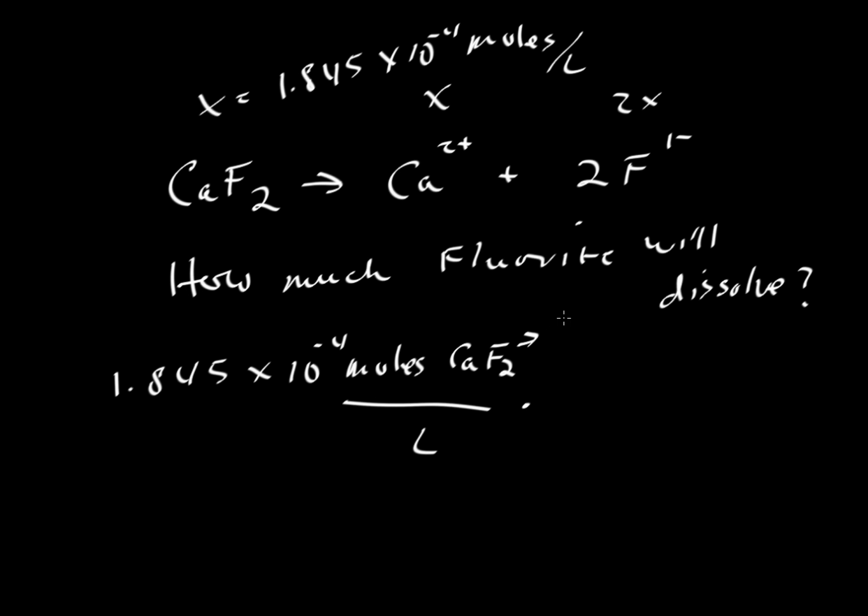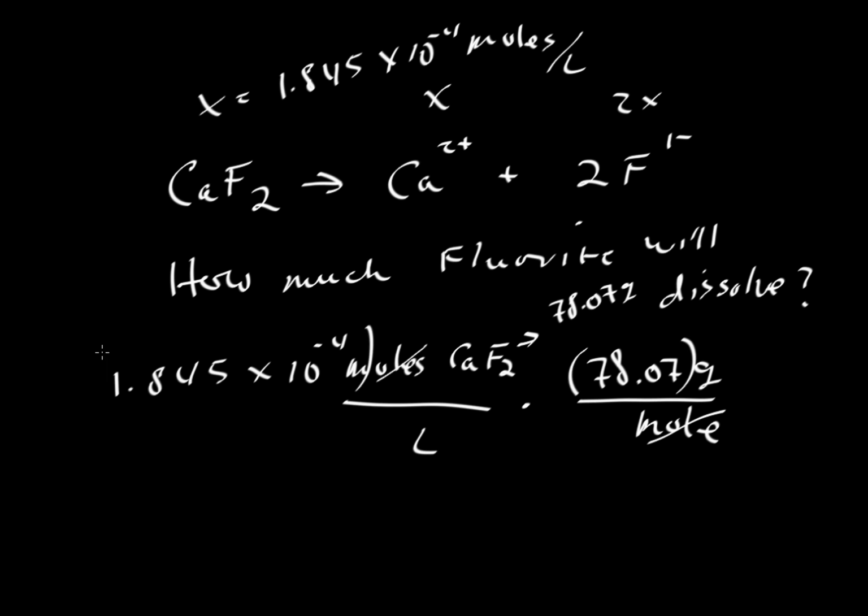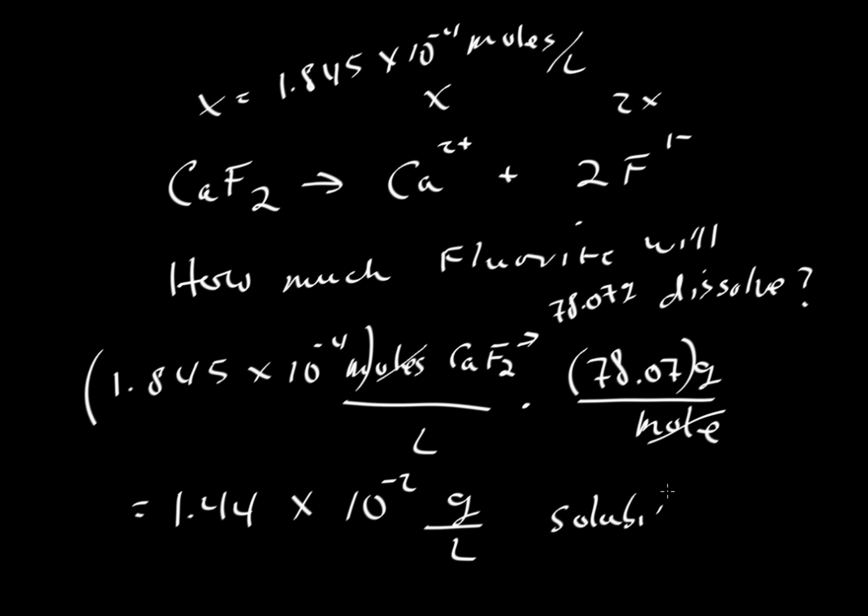So the molecular weight is equal to 78.07 grams per mole. Now let's just write that over here. We would have 78.07 grams per mole. Notice that here the moles will cancel, leaving us with grams per liter. So if we multiply this times this, then we would get a value of 1.44 times 10 to the minus 2 grams per liter. That is our solubility